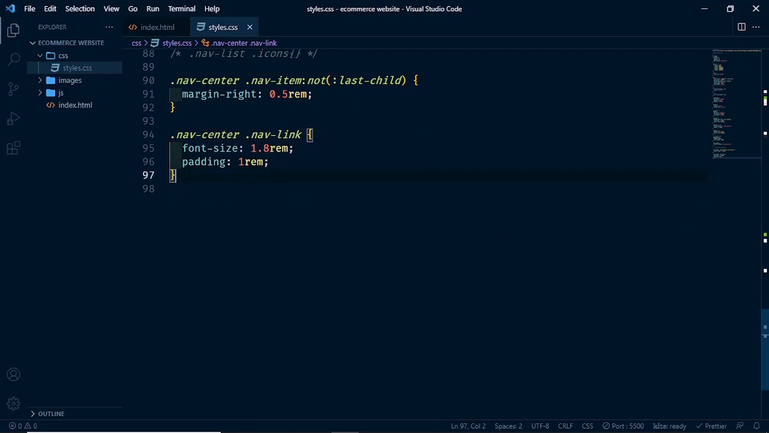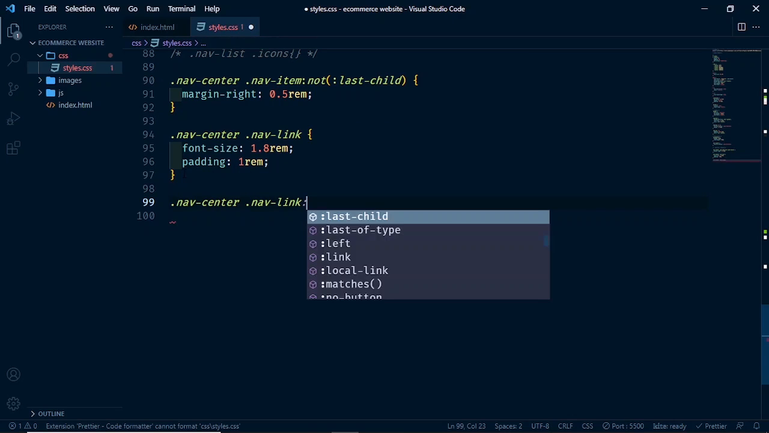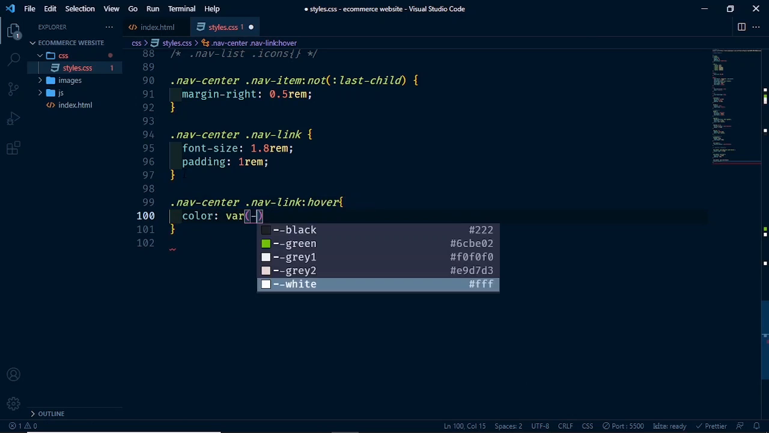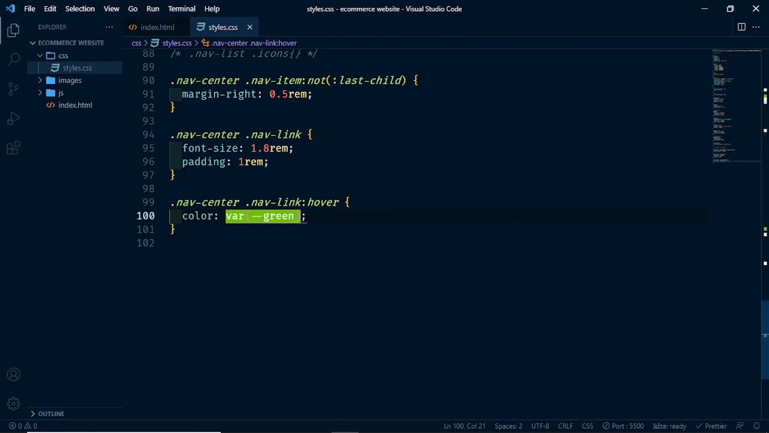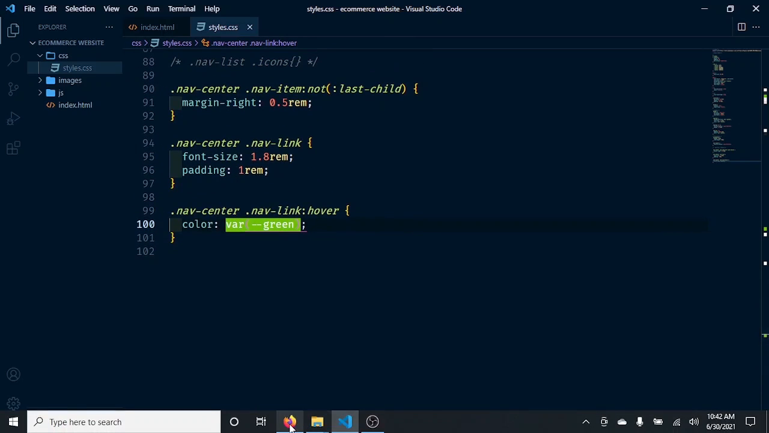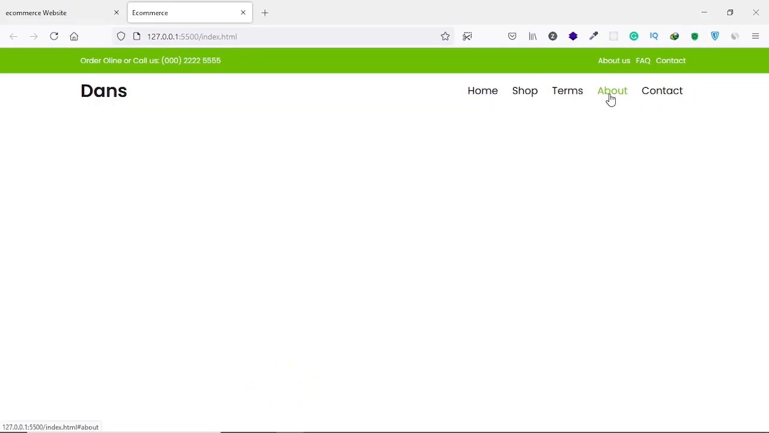Now when we hover over the links, let's change their colors. So hover, let's set color to green, which is our green variable, green. Now go back to our browser, and we have our links. So we have to focus on